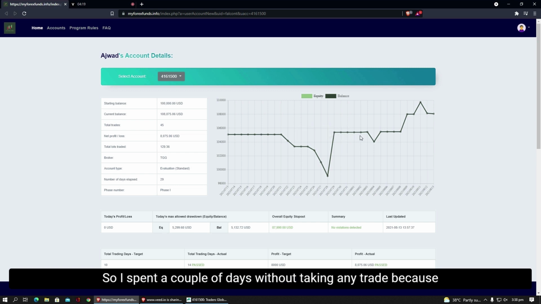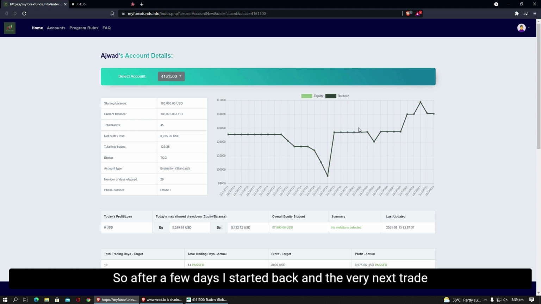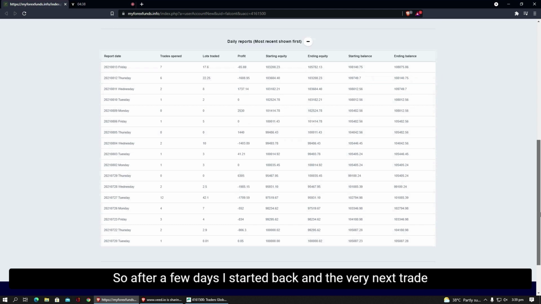So I spent a couple of days without taking any trade because I was clearing my head. I was going through all the trades and finding out where I did wrong, where I did right. So after a few days, I started back, and the very next trade was minus 1.4%, and I was absolutely fine with that. The next day, I made